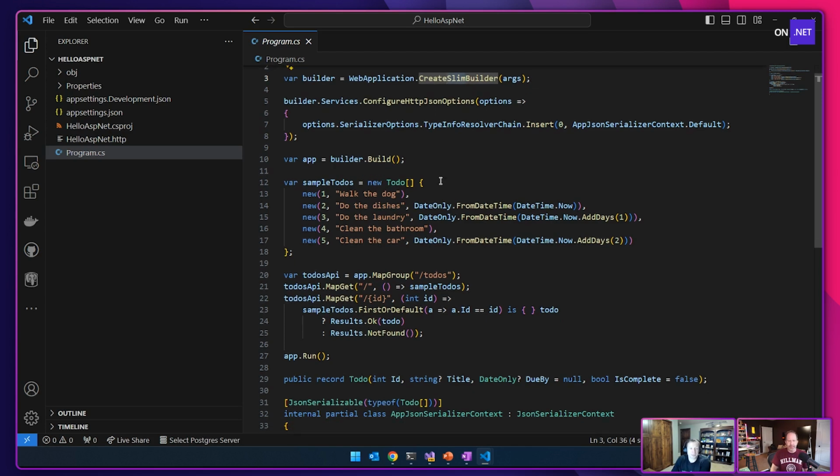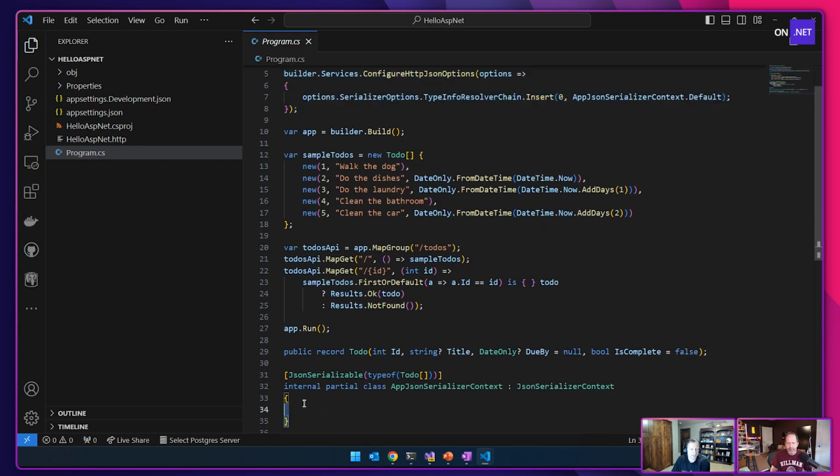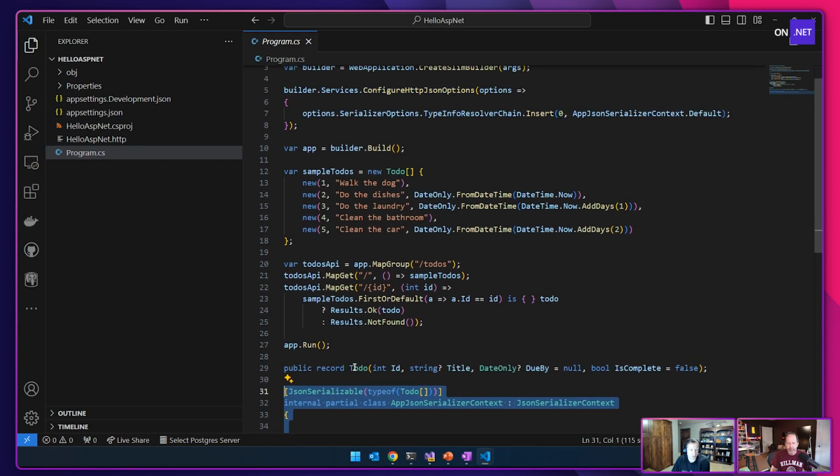So the things that aren't familiar to people are this part and then this part down here. And they're connected, right? This part up here is saying, configure my HTTP JSON options, and this serializer options is the JSON serializer options.